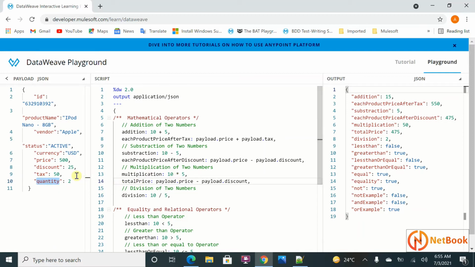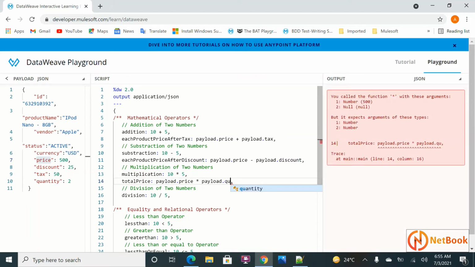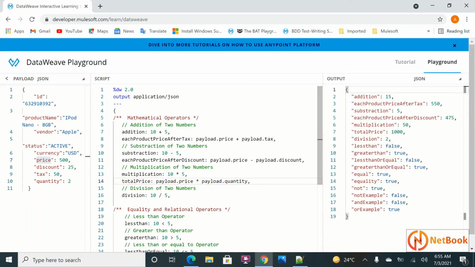So number of quantity into the price, right? So price into quantity over here. Now you can see we are using star over here for multiplication, and the total price is 1000 because of two products, 2 into 500, it is 1000.